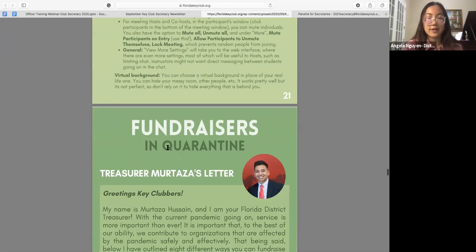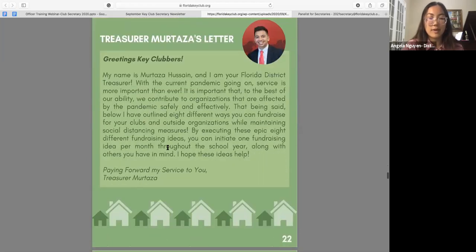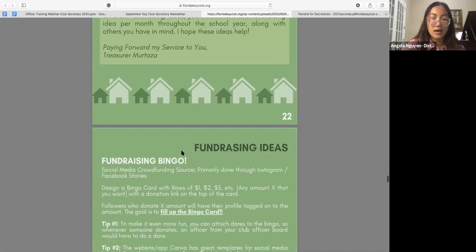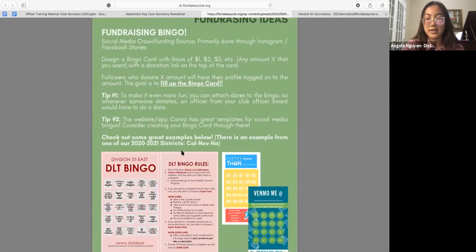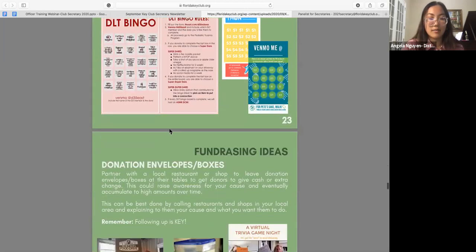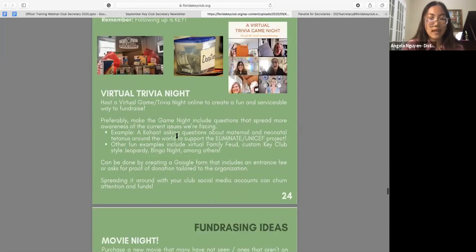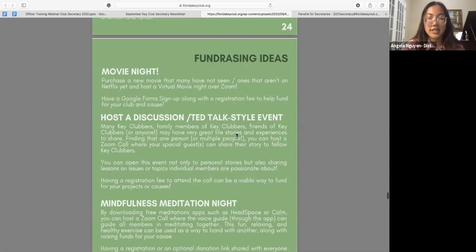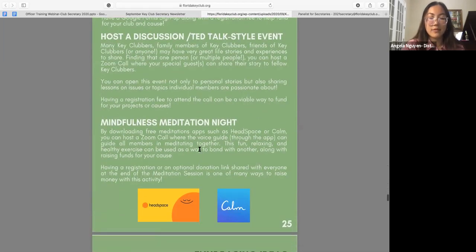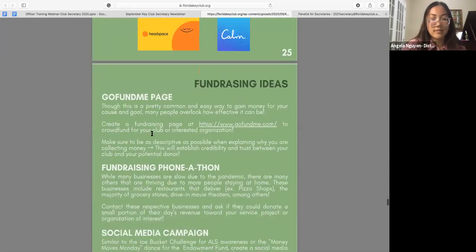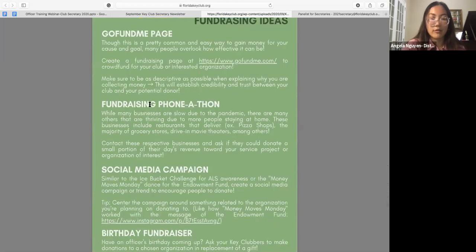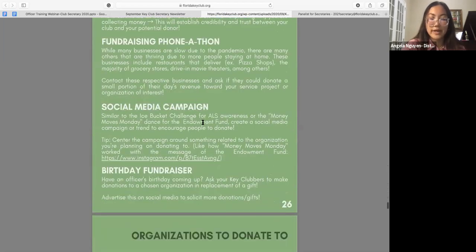And then here are some fundraiser ideas. These were made by the district treasurer. Some examples included having a bingo night, a donation and envelope box, a virtual trivia night, a movie night, discussion or TikTok style event, a mindful meditation night, a GoFundMe page, a phone-a-thon, a social media campaign, and